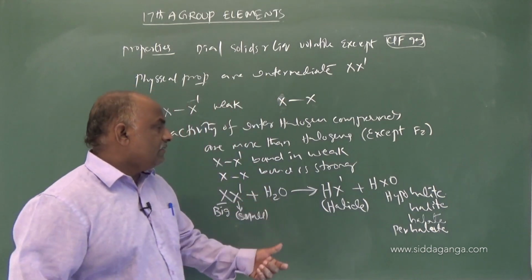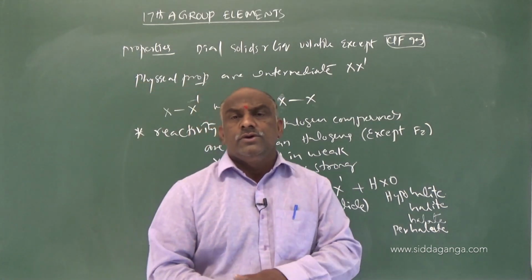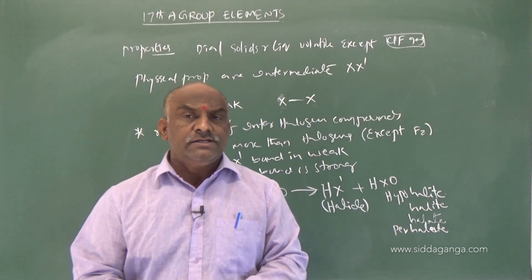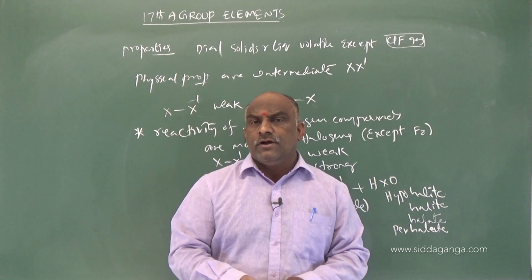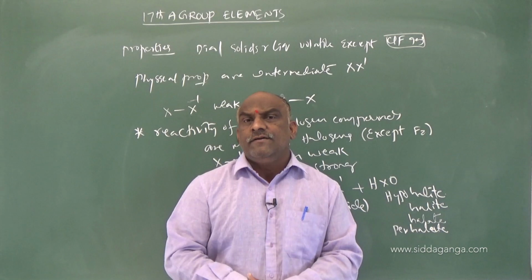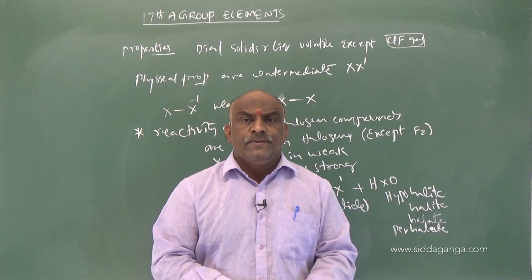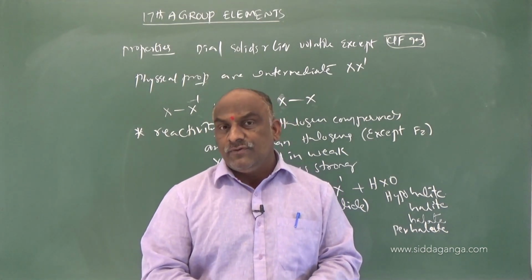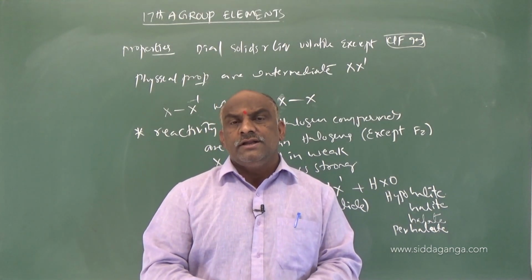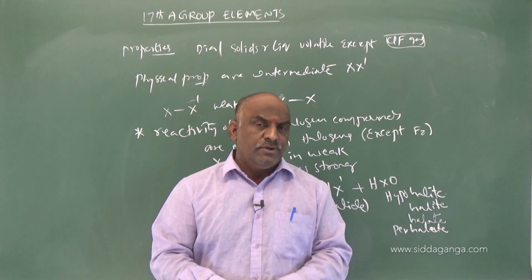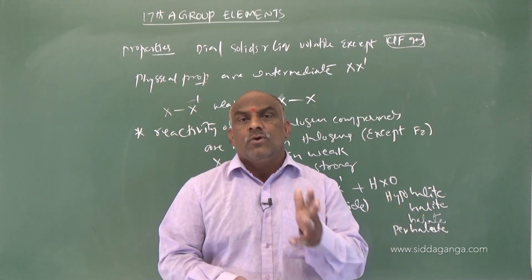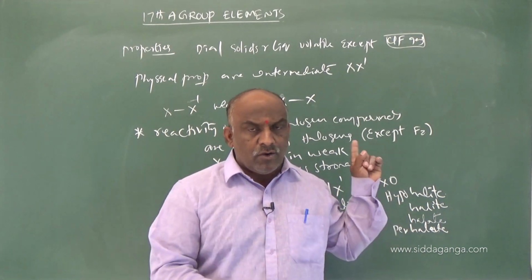According to the formula of the compound, this will be the chemical properties. Once we observe, the melting points and boiling points of interhalogen compounds are a little bit high compared to halogens. So the reactivity of interhalogen compounds is more compared to halogens, except fluorine. Fluorine is more reactive, and the bond in interhalogen compounds is weaker than in halogens, because between two halogen atoms a strong bond takes place. While going to the interhalogen compounds, all are covalent compounds.